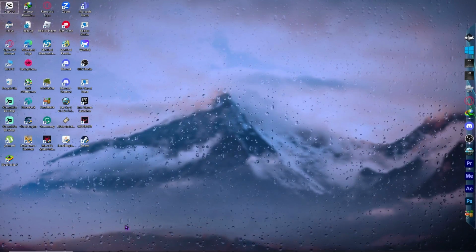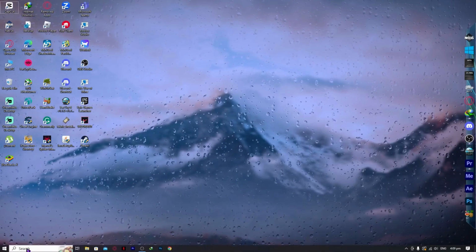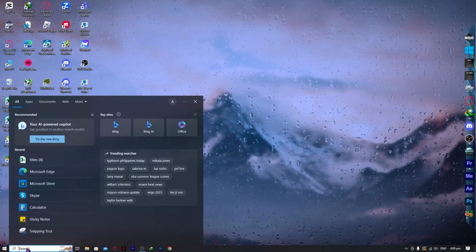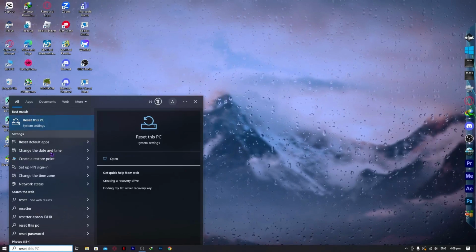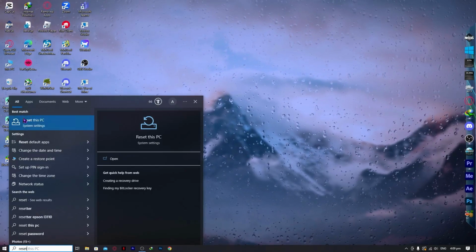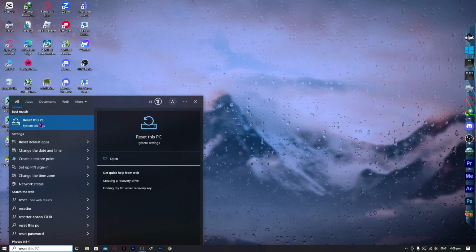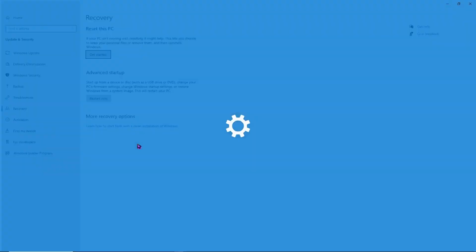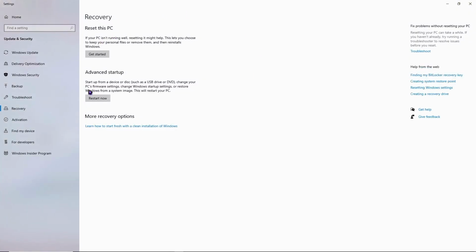So the first thing that you want to do is go into your search bar in your taskbar right here, and type reset this PC, or just reset, and you would have a reset option right here in the settings. So you want to click here, reset this PC, and you would be prompted right here to reset your PC